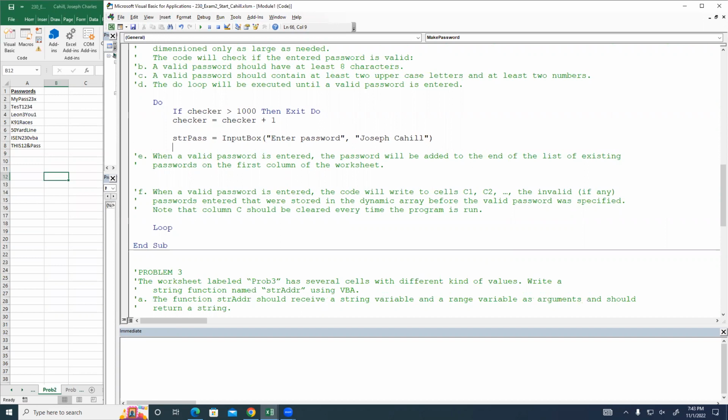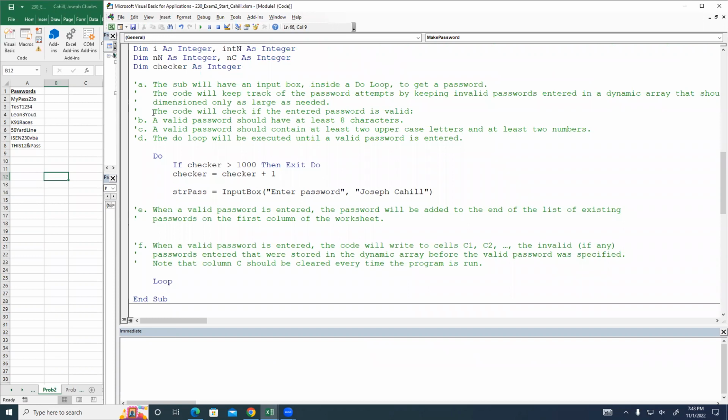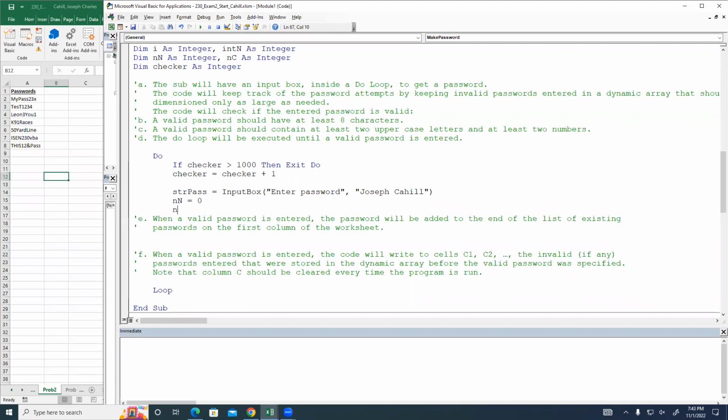Now we have our input and it's giving us these conditions, right? It's saying a password is valid if it has at least 8 characters, at least 2 uppercase letters, at least 2 numbers, right? And so we're going to need to keep track of these in variables to be able to check them. So it looks like he's defined NN as an integer and NC. To me, that seems pretty straightforward to be the number of numbers and the number of characters in the given password. So I'll just go ahead and say here NN is equal to 0 and then NC is equal